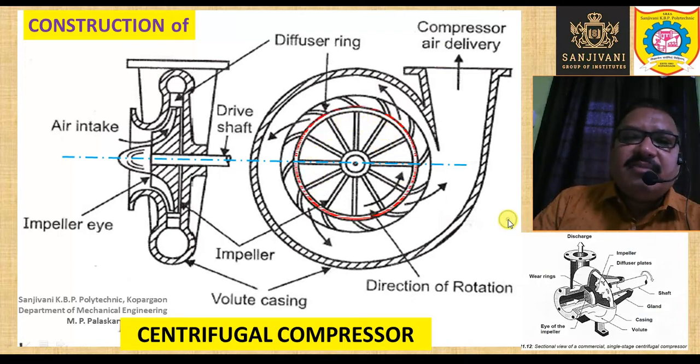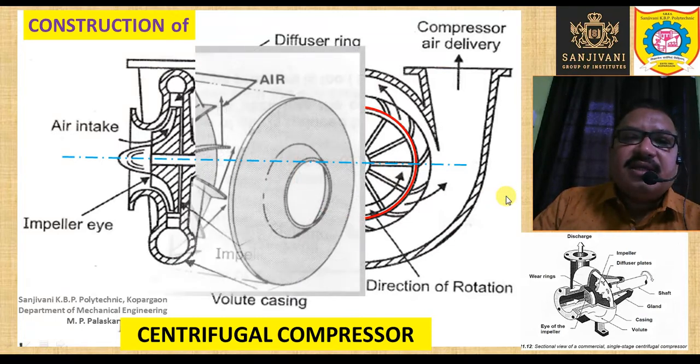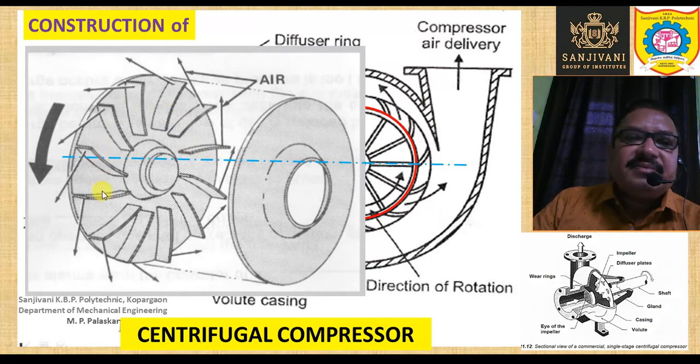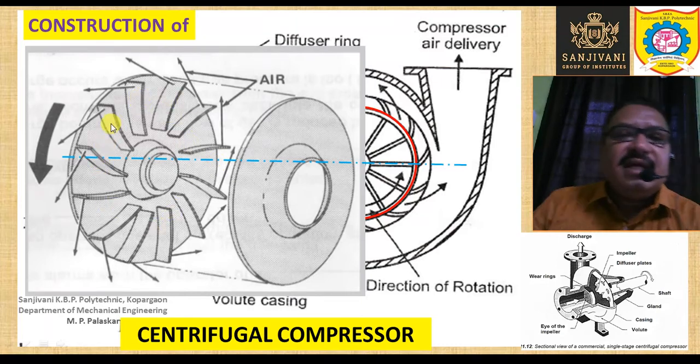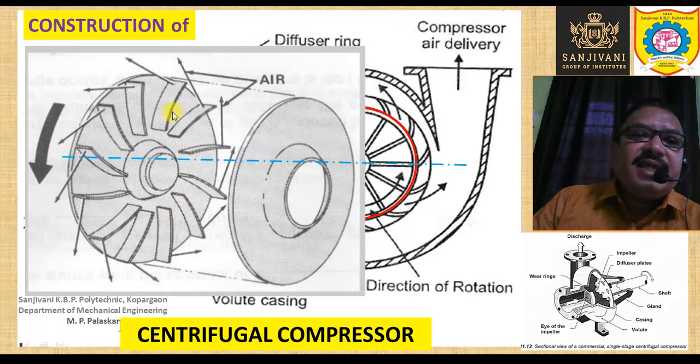So this is nothing but the impeller disc. The impeller disc consists of a number of vanes. A number of vanes are mounted on the impeller discs. So this is the shape of the impeller disc. Actually the impeller disc consists of two discs. One is the hub disc, and this one is the cover disc or cover plate, right. So on this particular hub disc you can see several vanes, or blades, or plates, rectangular shape vanes or plates, right.